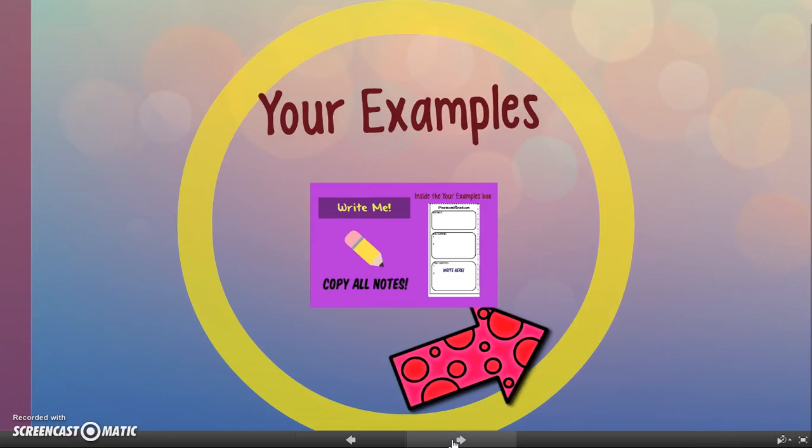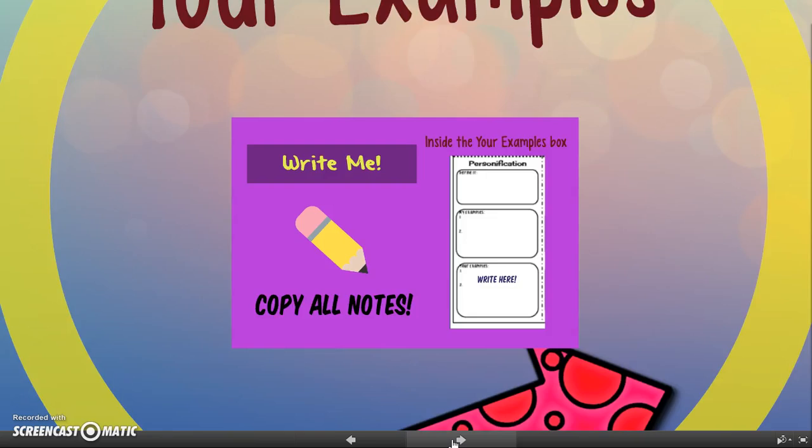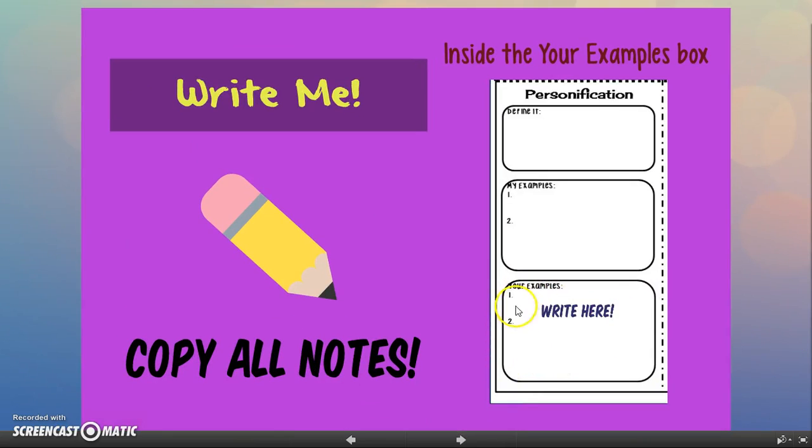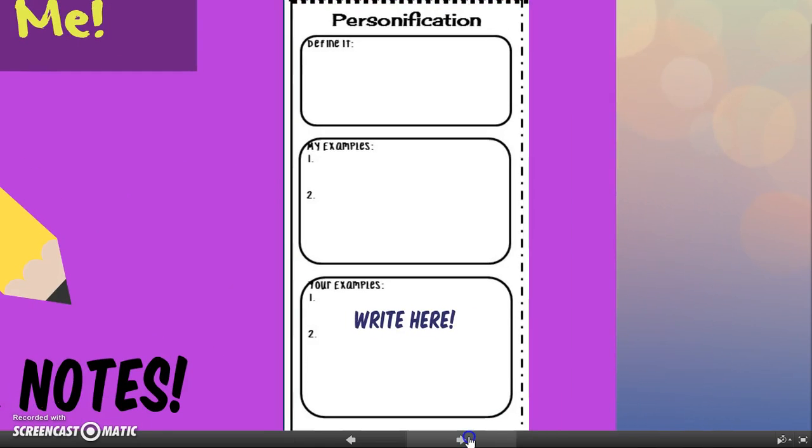Next, it is time for you to write your examples. Now remember, you can rewind it, so go back and look at the other examples from music. I don't want you copying off of examples you've already heard and used. And you're going to write them right here in this box. So again, your own personal examples. When you're writing your examples,